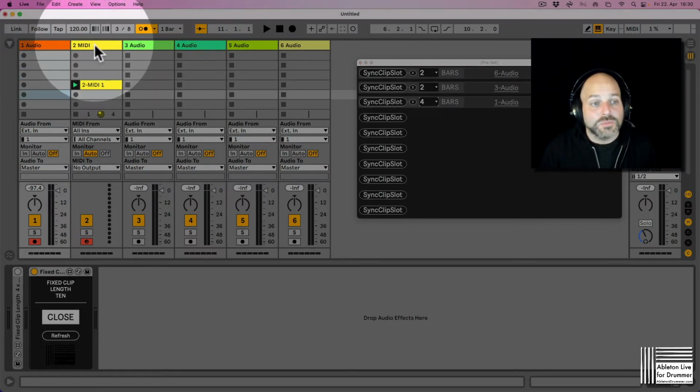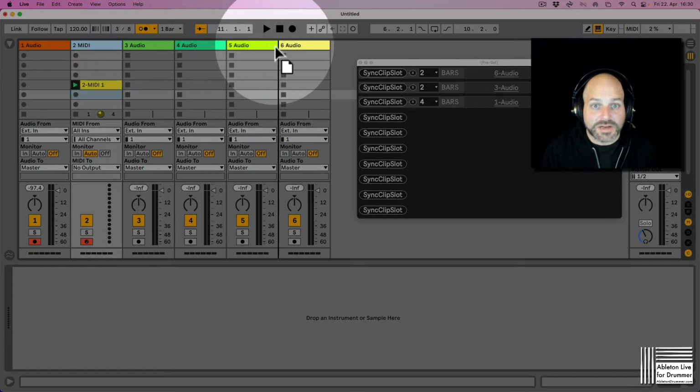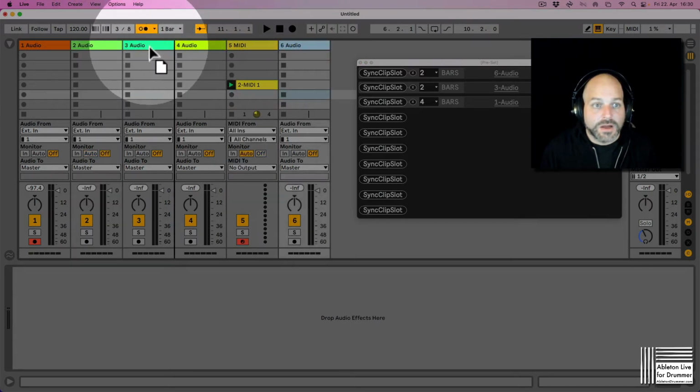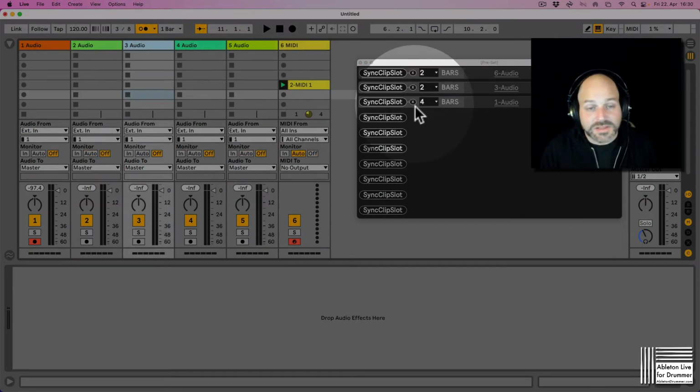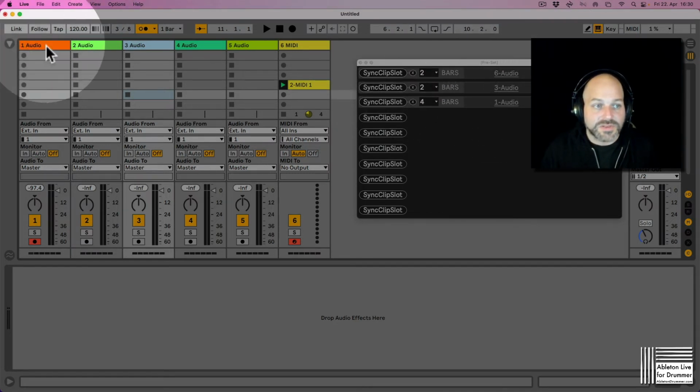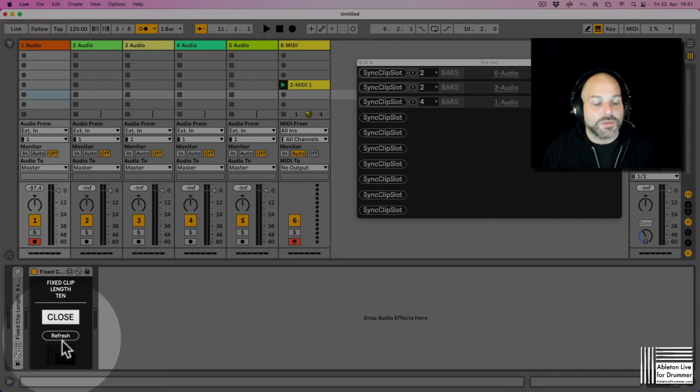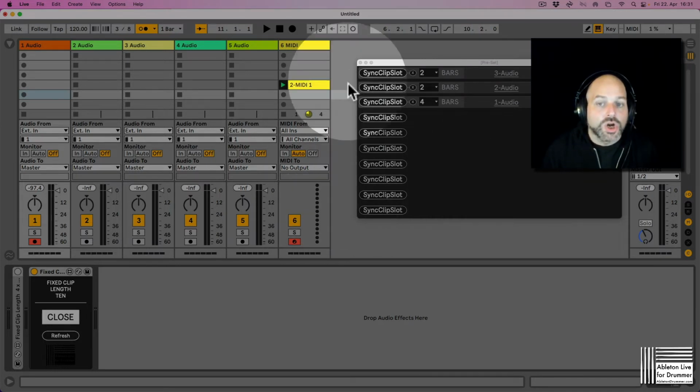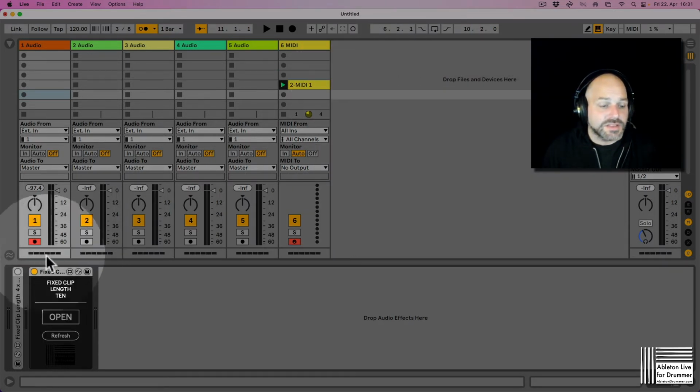If I now move tracks, or create a new track, or delete a track, it's still fixed to the initial clip slot, but it's not showing you the right names and the right numbering here. So for this, you just need to go once to the main device, press refresh, and you can see all the names are being updated now. Okay, cool. So the last device here is